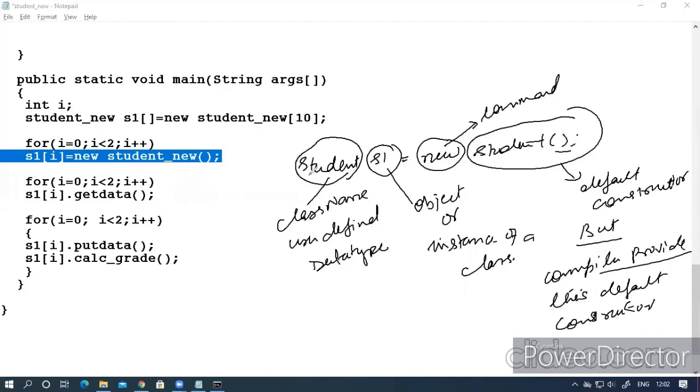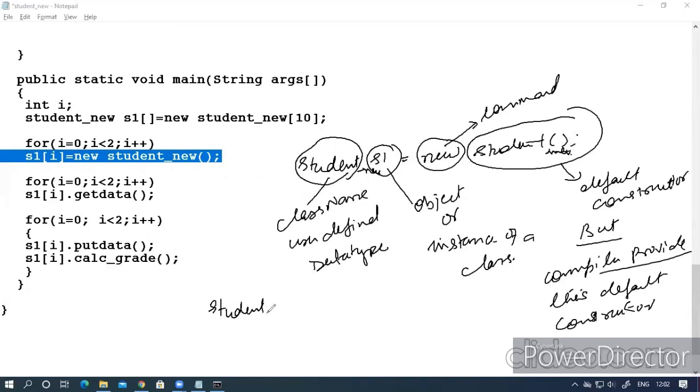So first of all, I had created only one object. So I allocated memory. Now I change my object. This was student new. This is again student new. Whatever the class name, the object name can be changed, but the class names will be the same, and the constructor name will also be the same as the class name.